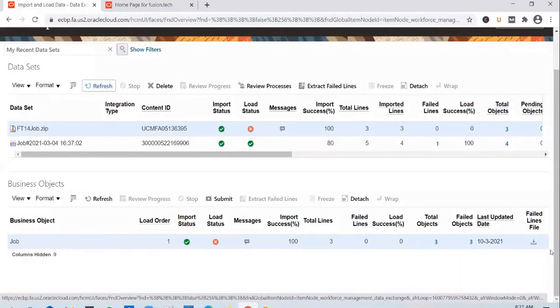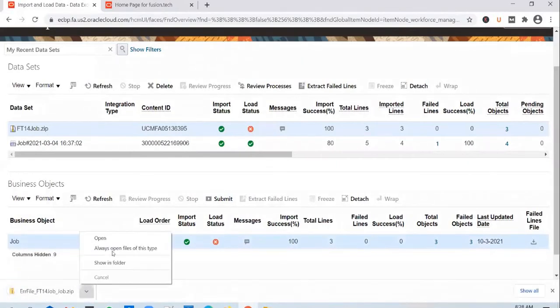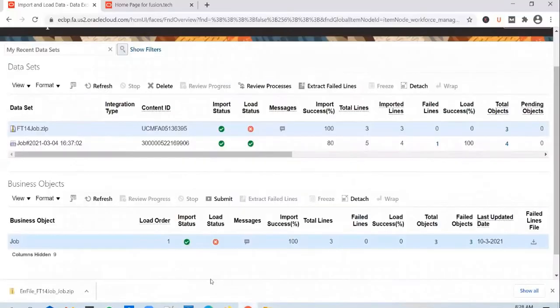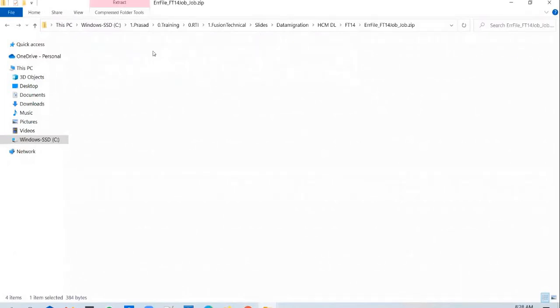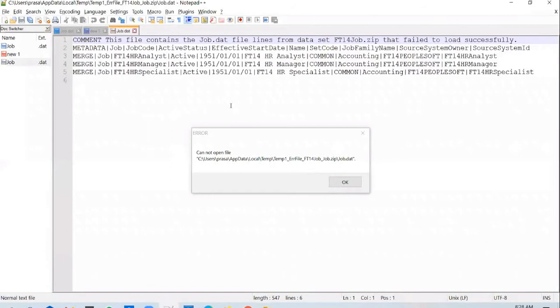Do a refresh, and you can see that you have the option to download the file now, and this option is grayed out because the file is already generated. So you download this file, open it up, and paste it to the folder. If you open it up, you will be able to see the job.dat file, and open it up again.